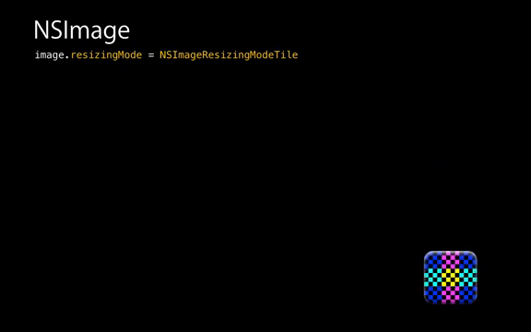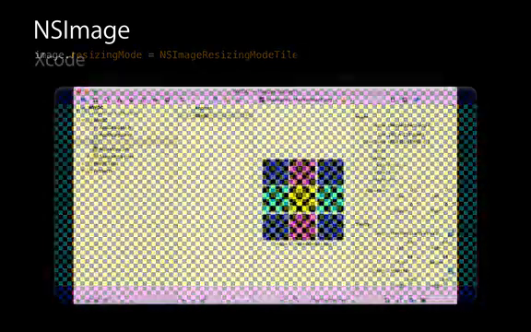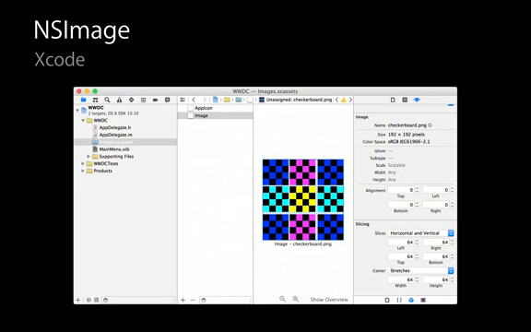So if you have interesting detail you don't want stretched, you want replicated instead, this is how you would pull it off. And you can use that with any NSButton or any NSImageView. So to set up the slicing, I've taught you how to do it programmatically now, but you can also do